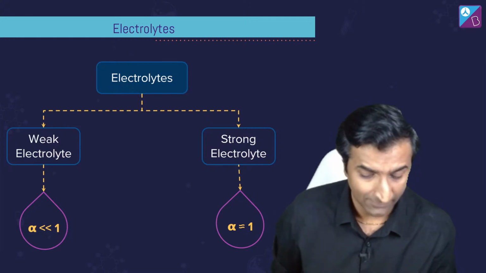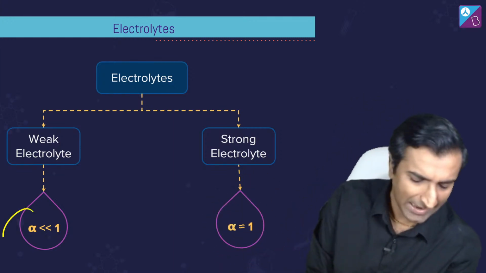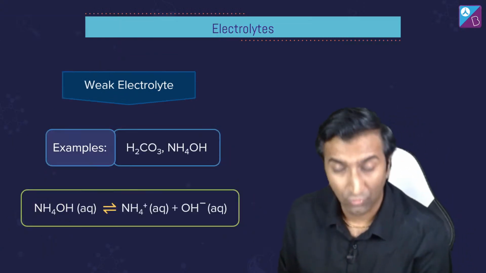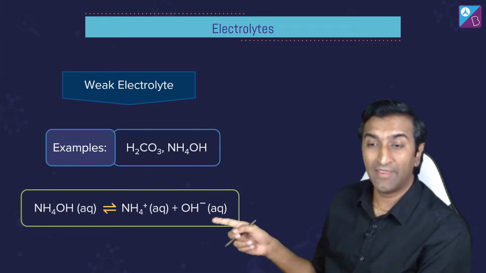I hope you're able to follow what I'm saying. I guess even in 9th grade, you should be able to understand these ideas. What is the strong, what is the weak? Maybe alpha वाली चीज आपके लिए थोड़ा नहीं होगी, but you can check out our last session on chemical equilibrium to understand that. खैर, weak electrolytes के कुछ examples यहाँ पे हैं, right?